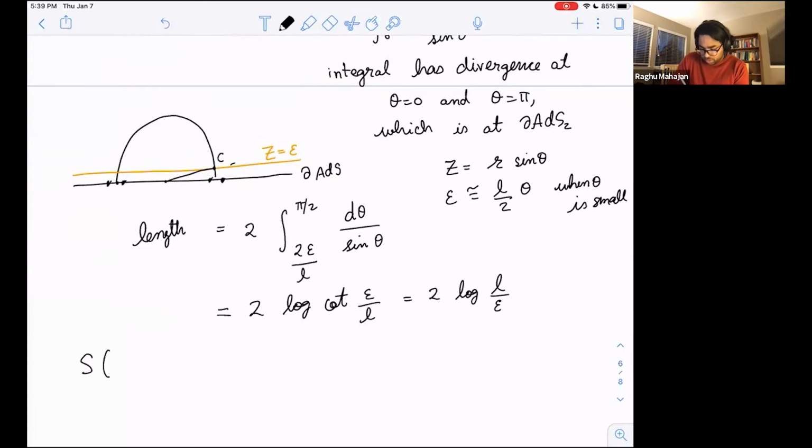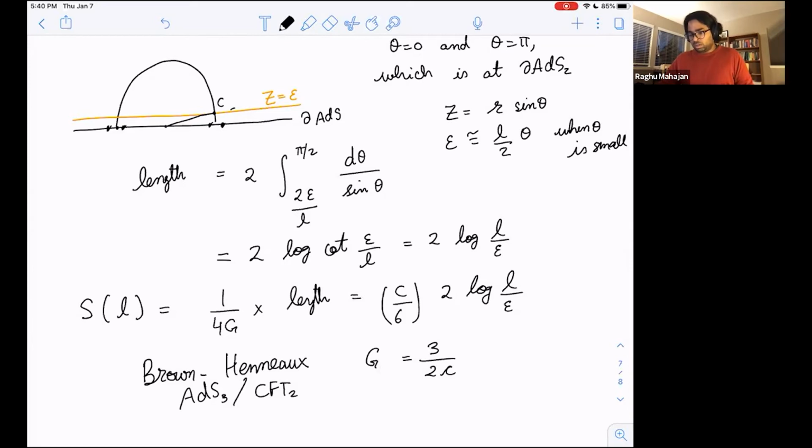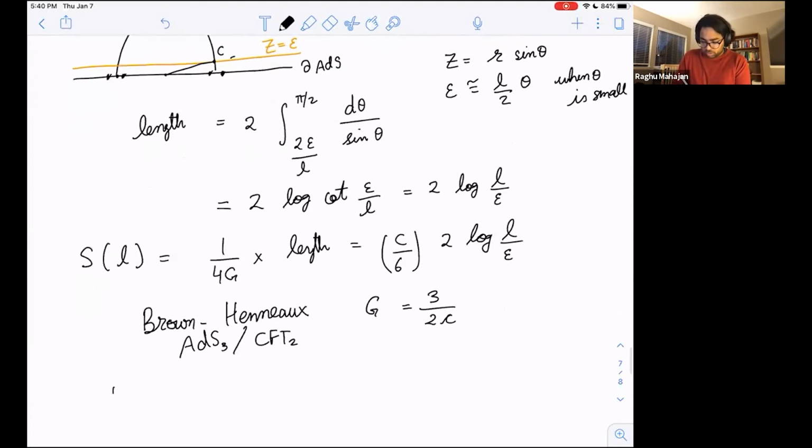And okay, so the entropy of an interval of length L was 1 over 4g times this length. And so that is like 2 log L over epsilon times C over 6. What is C? From the Brown-Henneaux analysis, Brown-Henneaux told us an entry in the dictionary between AdS3 and CFT2 that the Newton's constant in AdS3, G Newton, equals 3 over 2 times C, where C is the central charge. C measures, if your conformal field theory is a bunch of free bosons, C counts the number of bosons. So it's like a measure of the number of degrees of freedom. So if we plug here G equals 3 over 2C, we get C over 6 times 2 log L over epsilon. And this is precisely